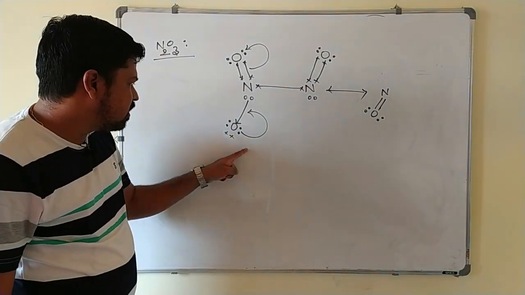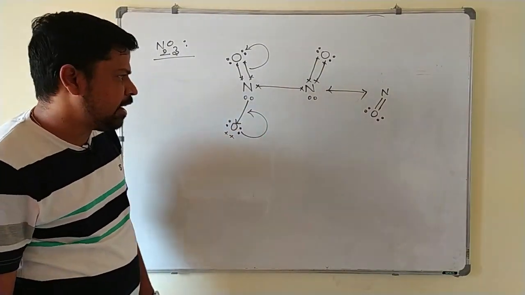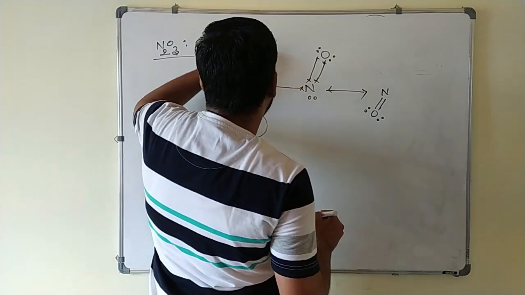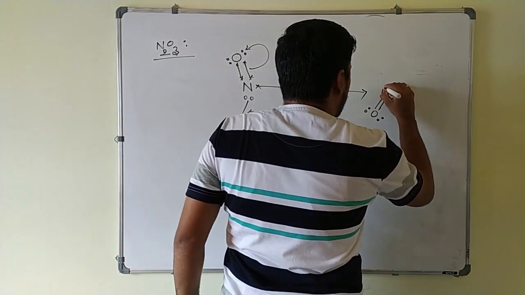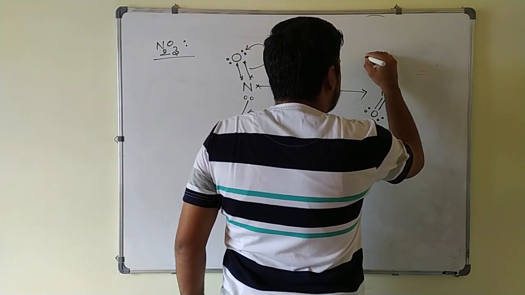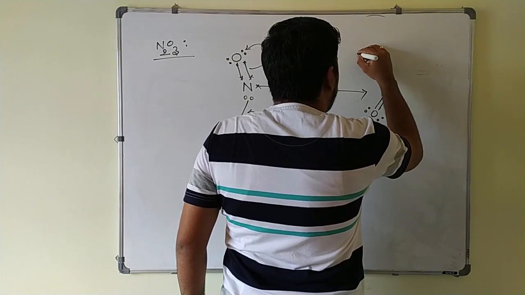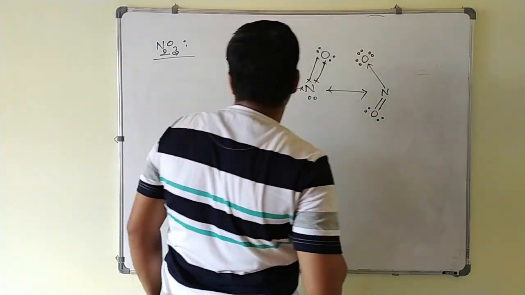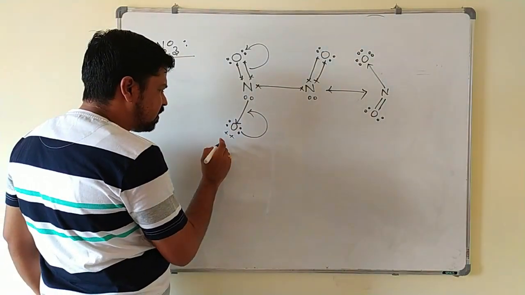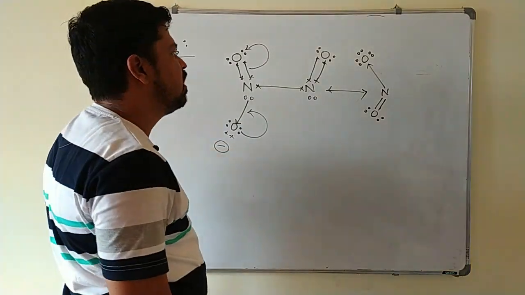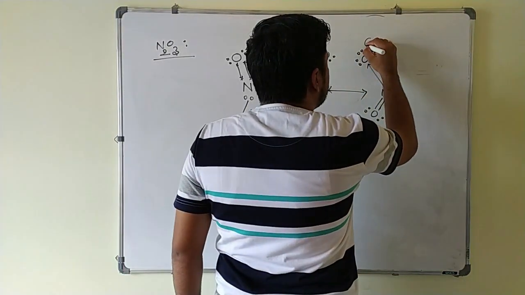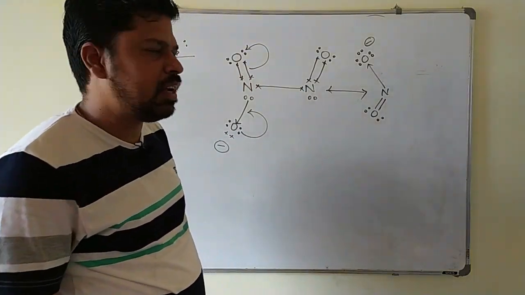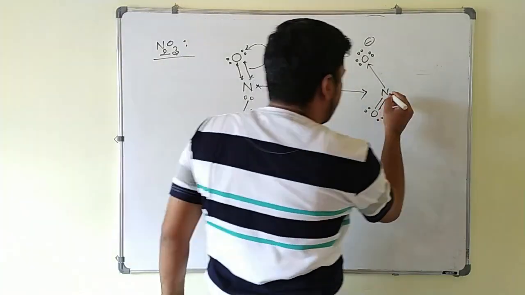Out of 6 electrons, 2 electrons are given to the next bond. Next, this becomes a single bond. I will write like this. This is oxygen with 6 electrons like this. So what is the formal charge on this oxygen here? This is having a negative charge. And same thing here, this oxygen is also having a negative charge, that is a formal charge. Rest everything you have to write the same.